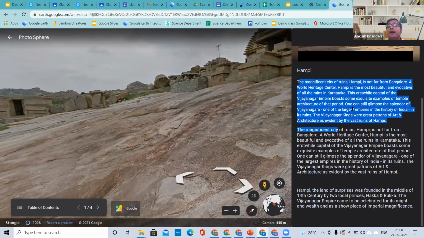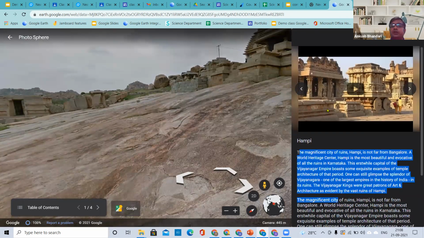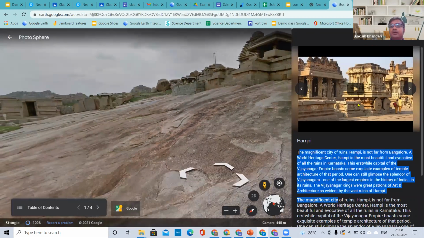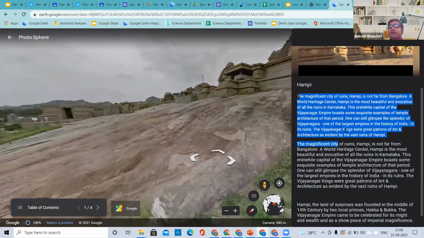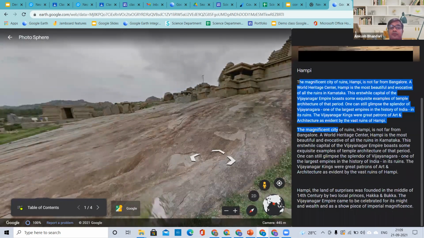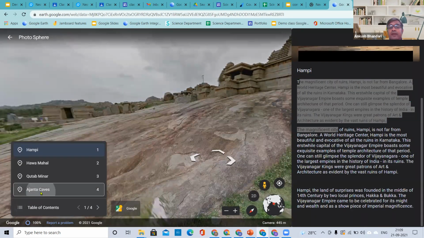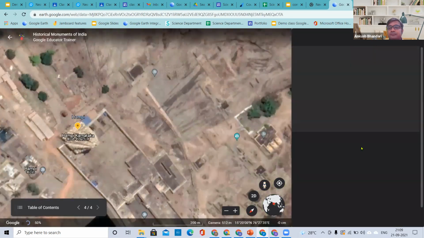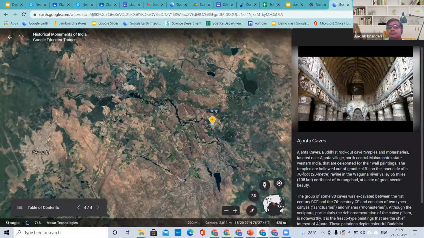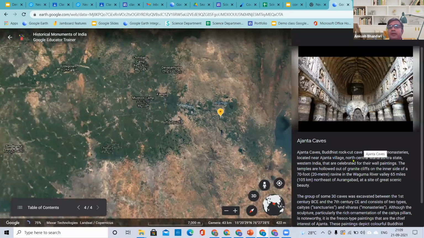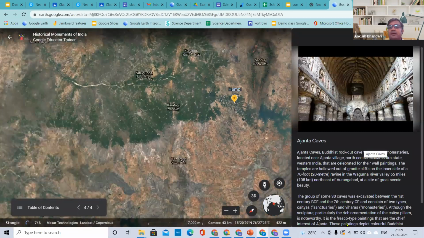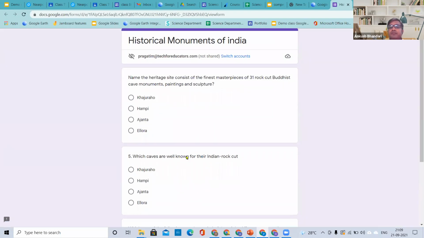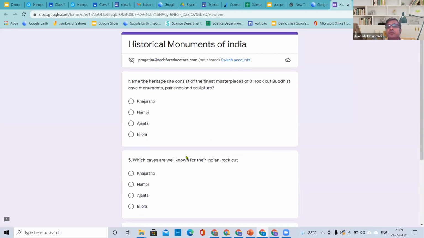So now I am sharing one piece of information in 3 formats: using augmented reality, using a video, and using text. And to check whether students are learning from it or not, I can even conduct a test. Now we are going to Ajanta Caves, and here even questions are there. So I am checking from this whether students have learned anything out of it or not.